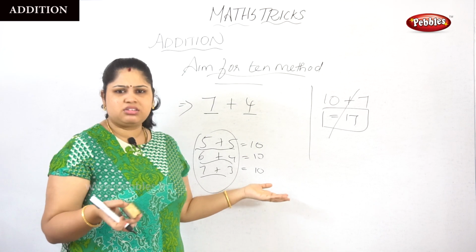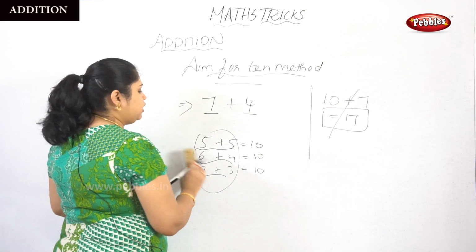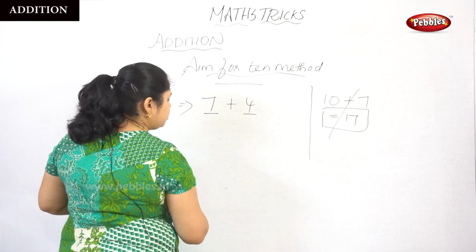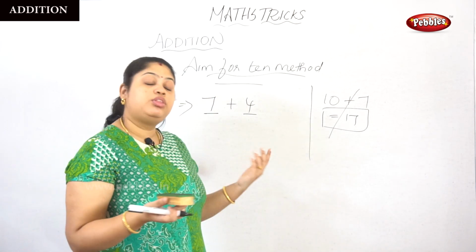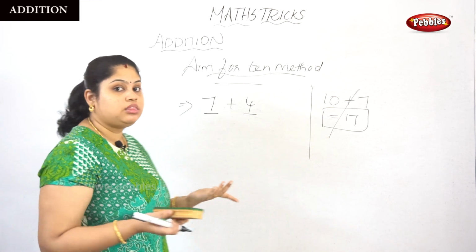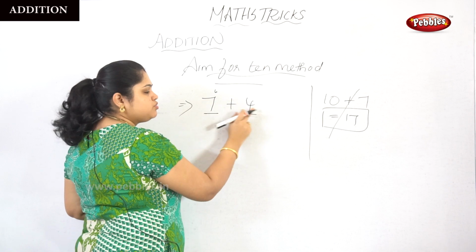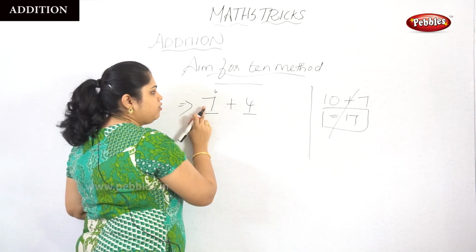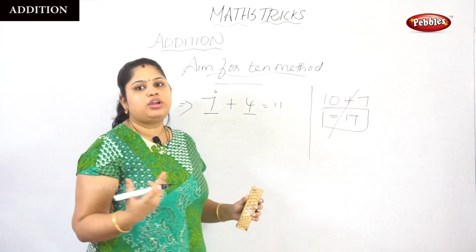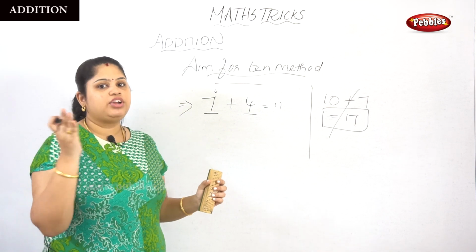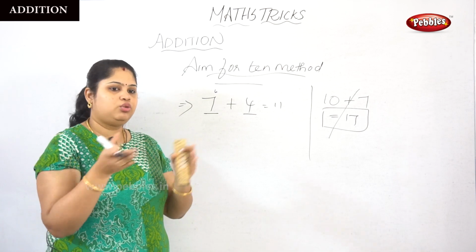This is not something we cannot remember. We have about 8 to 9 sets. We can remember them. Okay, so if we remember them, if you know the sets, then it will be very easy. You need not use the aim for 10 method. It will be easier when comparing with this method. For example, listen, 7 here, 4 here, then 6 plus 4 is a set, isn't it? 10. So we have a 1 here as the remainder, we get 11. So it is a very easy method when comparing with the aim for 10. I will teach you in detail when I start Vedic mathematics.